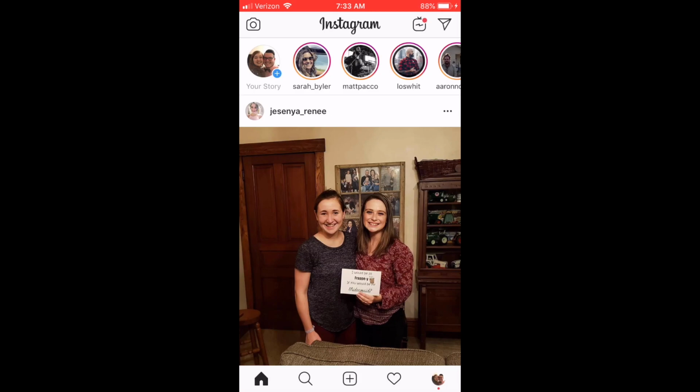So Instagram has this really cool option where you can use your personal account and your business account at the same time, so you don't have to actually keep logging out of one or the other. So the first thing that you're going to do to make sure that you can have your business profile also set up on your phone is you're going to go to the bottom right. You'll see your profile picture from your personal account. You're going to click on that,